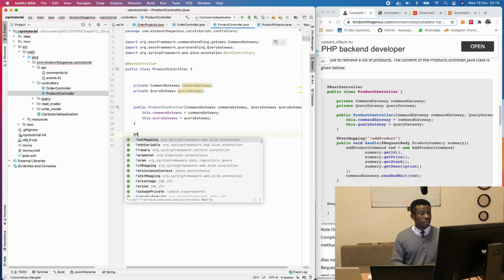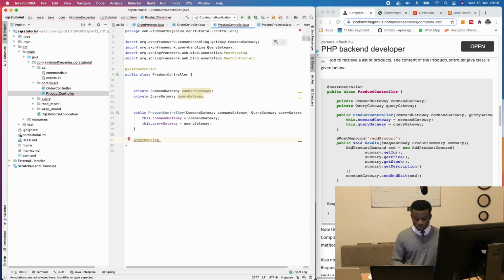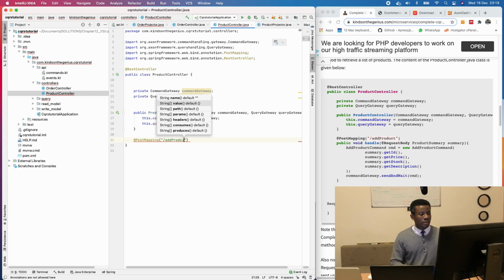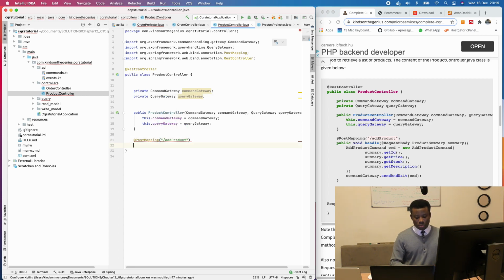So I'm going to say @PostMapping to /add-product, and let's just go to public. Yeah, so I think I have it there. So let me just type it out. But public void